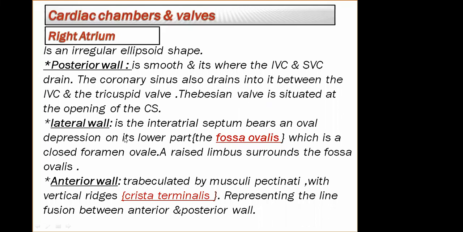The lateral wall is the interatrial septum, which bears an oval depression in its lower part. This is the fossa ovalis, which is a closed foramen ovale. A raised limbus surrounds the fossa ovalis. The anterior wall is trabeculated by musculi pectinati, with a vertical ridge, the crista terminalis. This represents the line of fusion between the anterior and